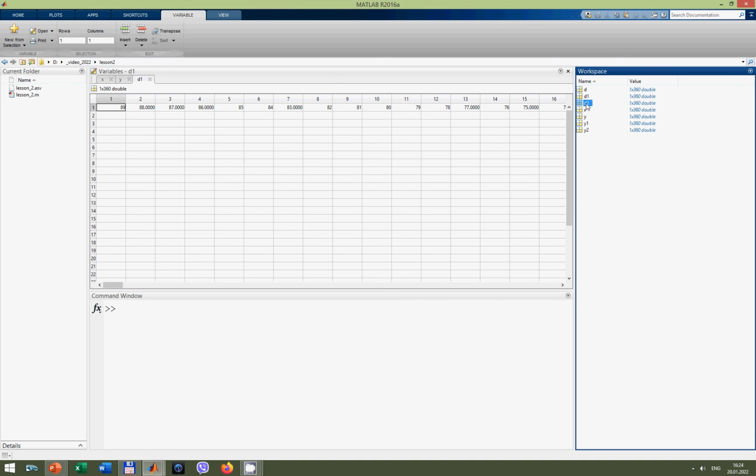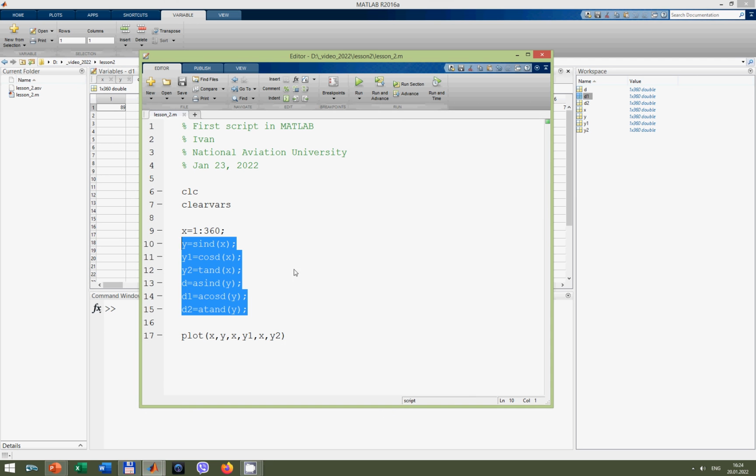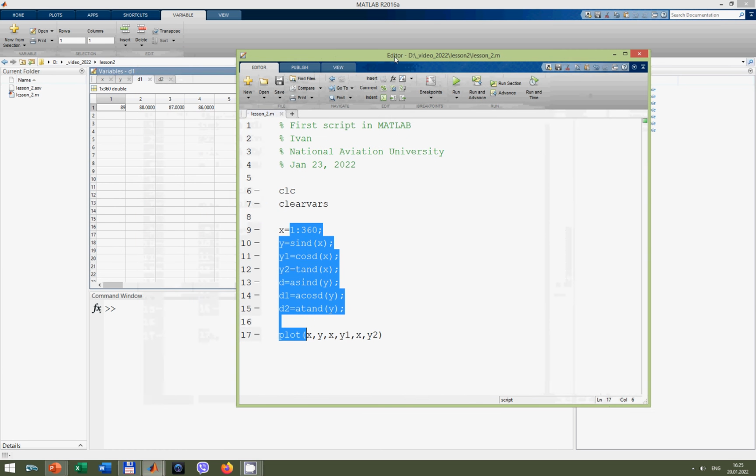Some values are here. Thus, a script in MATLAB is a sequence of codes which will be automatically run in MATLAB, and we can